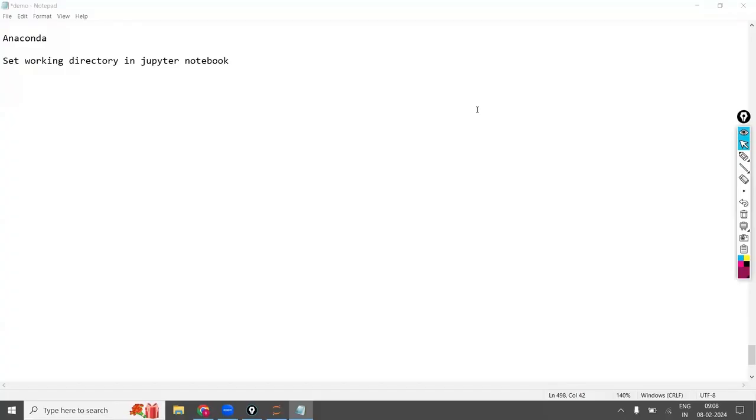Yes, one of the students is saying, yesterday I changed the shortcut. The target of the Jupyter Notebook shortcut ends with percentage user profile. You just have to modify that and replace the path.